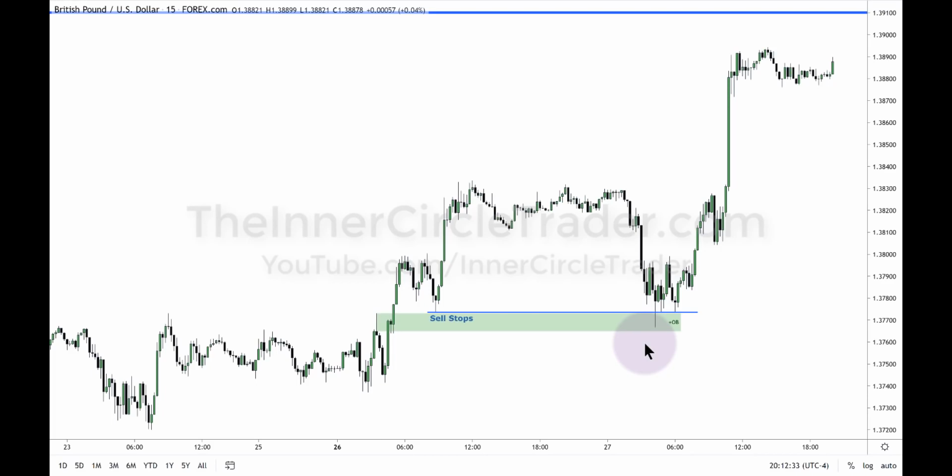It can be very easy for the marketplace to take your 2 pip stop loss, 3 pip stop loss. It can do it, okay, because the broker has the right and freedom to do that, and they will. I'm not saying you can't use a very small, ultra tight stop loss, but doing it consistently over and over again, the broker will just widen the spread and take you out, and there's nothing you can do about it.